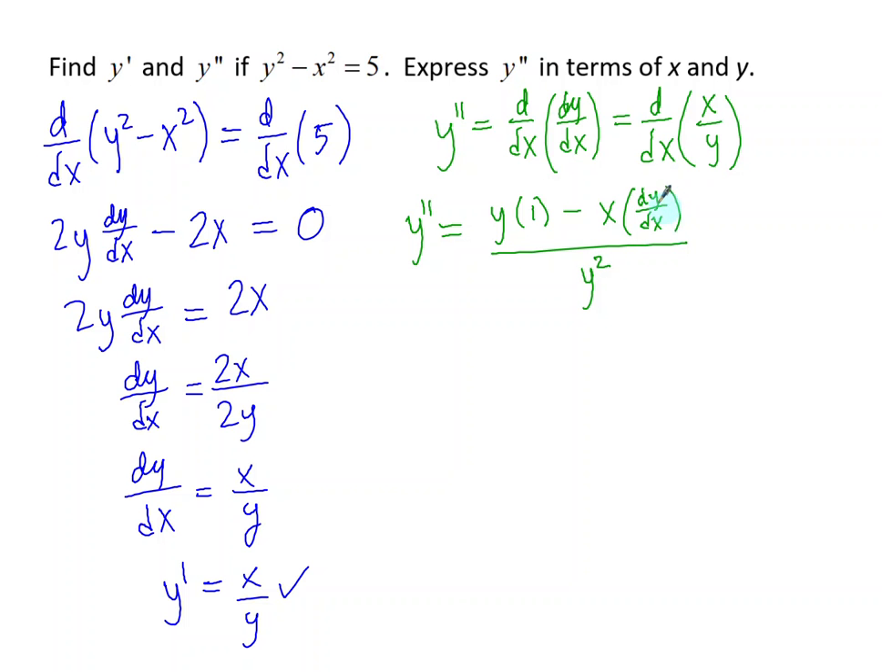Now, remember that dy dx is equal to x over y. And remember that we want the second derivative in terms of just x and y. We don't want any other letters such as d in our answer. So I'm not quite done yet. I'm going to substitute what dy dx equals as x over y. Y times 1 is y, so this looks like y minus x times x over y